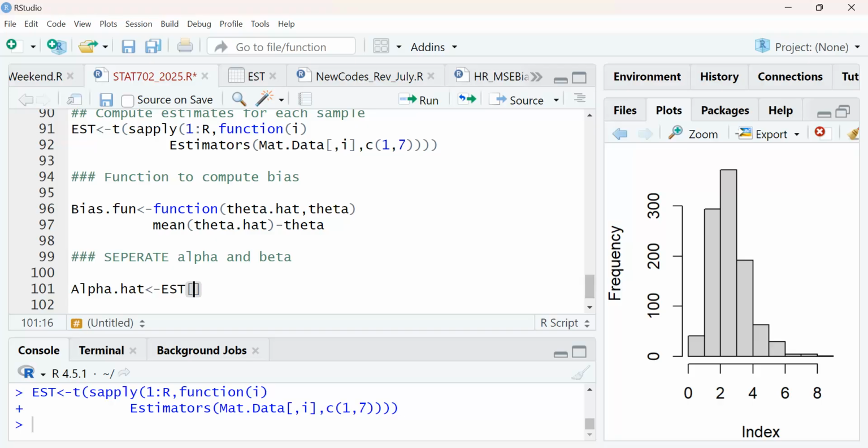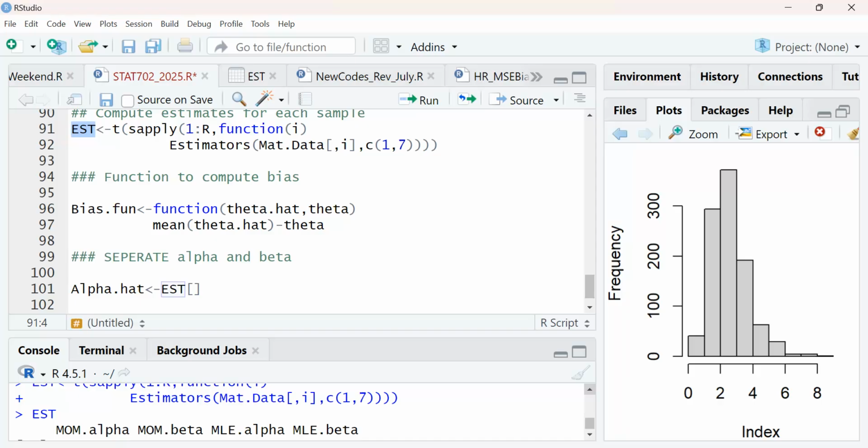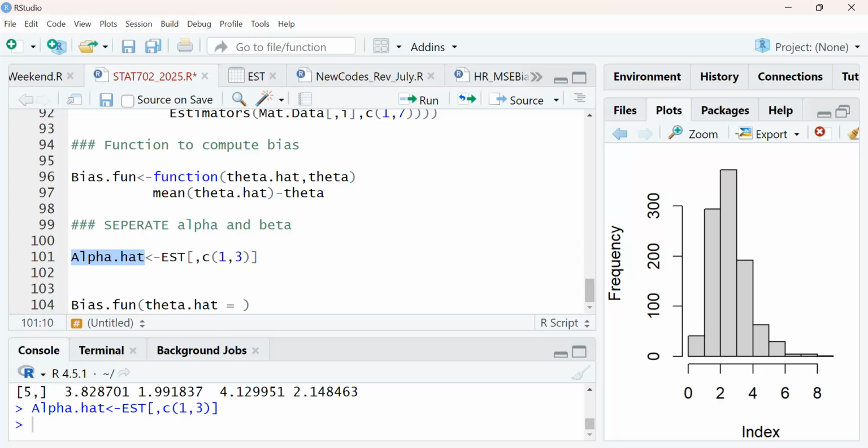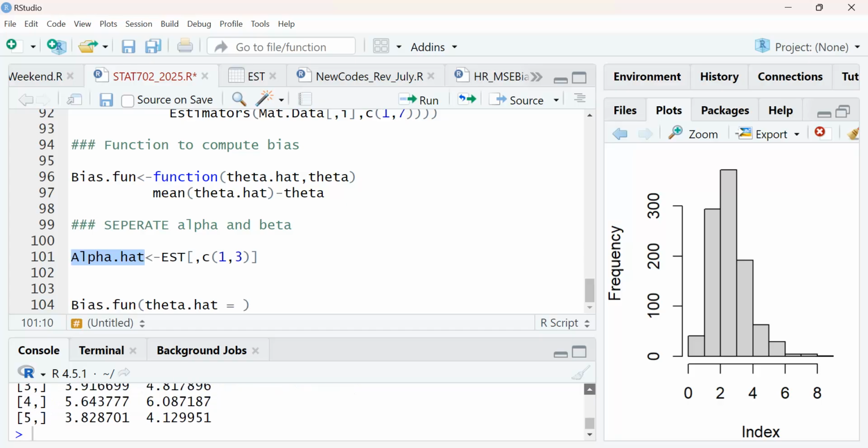Look over here. This is it. The alpha, you see the mom alpha, and this is with the first and third. Good. So I'm going to call this and put in 1 and 3, which means take the first and the third column.